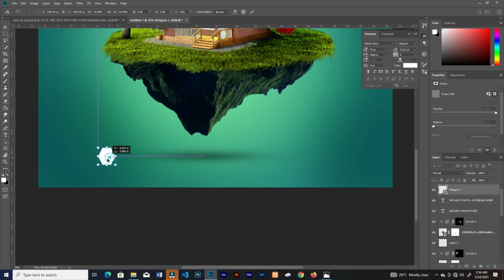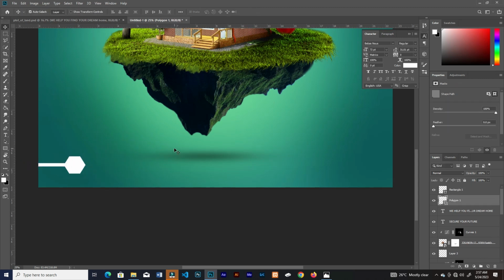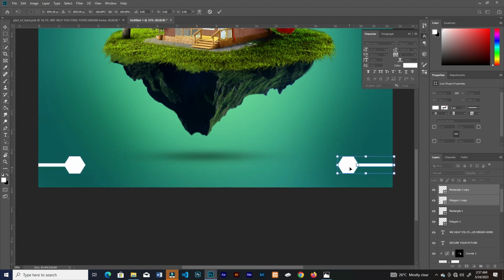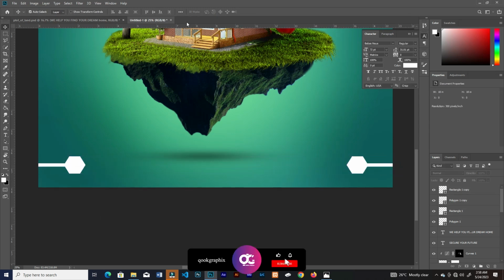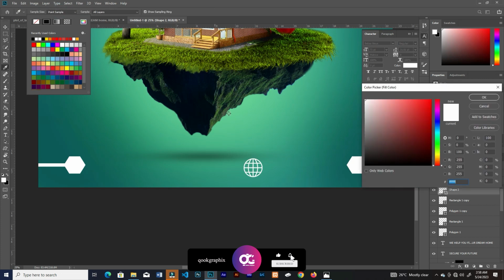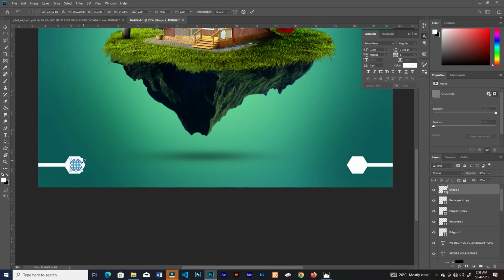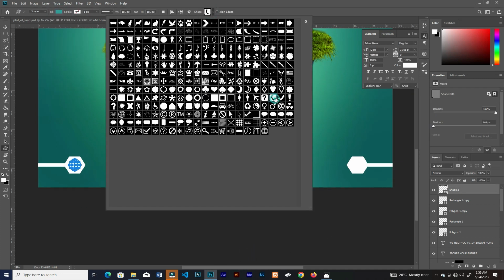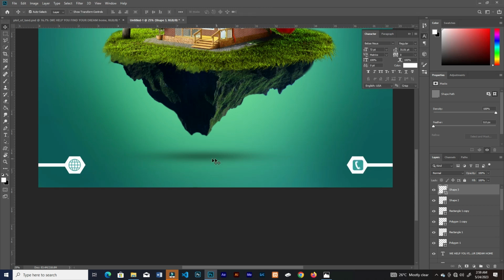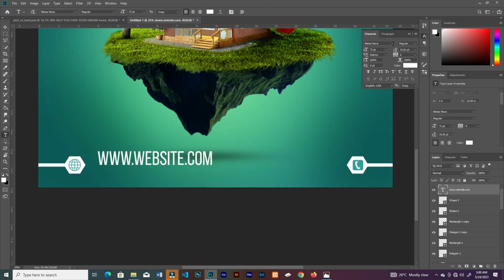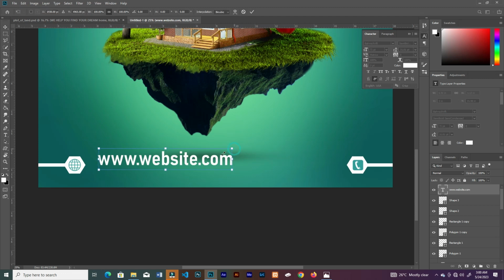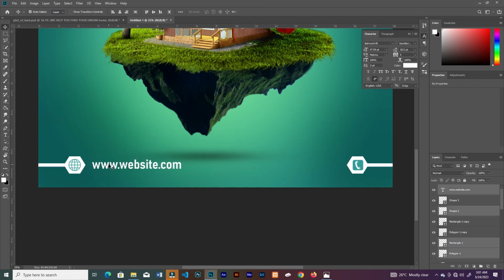So I'll grab a pentagon. You know how to create a pentagon. Position it, then you create a rectangle attached to it, then you add in a symbol icon. For this tutorial I'll use the website icon or the website symbol, then place it within the rectangle, then add the necessary text. I'll do the same thing on the right,